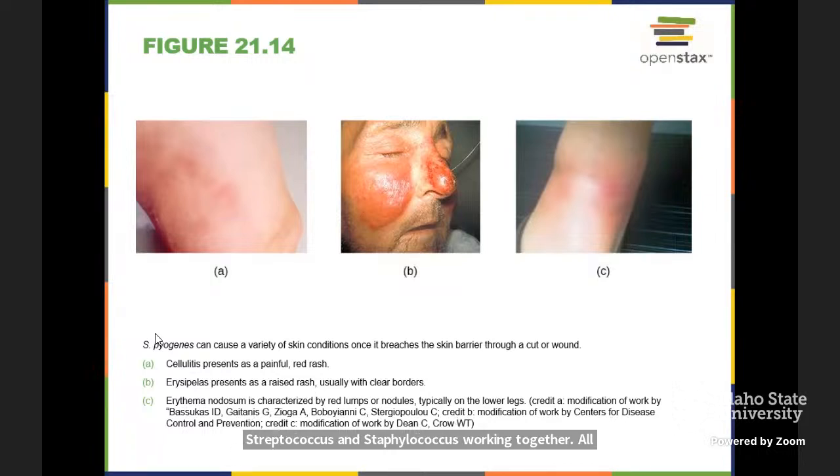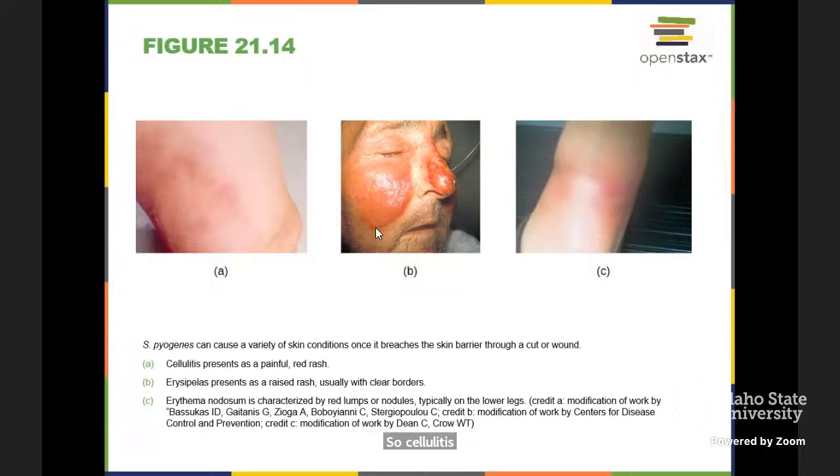Focusing still with our Streptococcus. Like I said a bit ago, I oftentimes think mouth, strep throat, but there are other opportunities, and we can see different skin manifestations with pyogenes, and ultimately getting in through a wound or something like that that may lend to it in areas where we may not expect it or want it to be. So cellulitis,